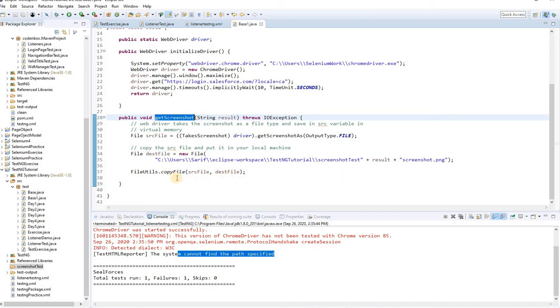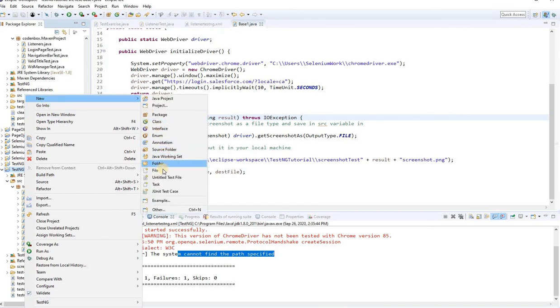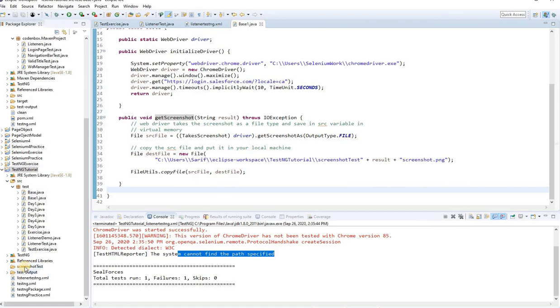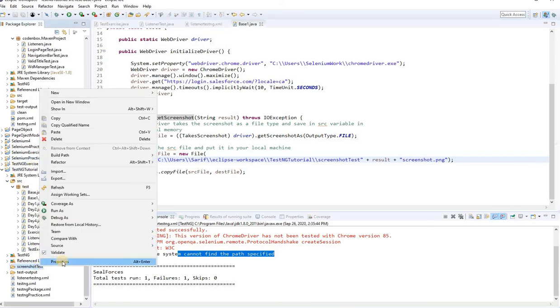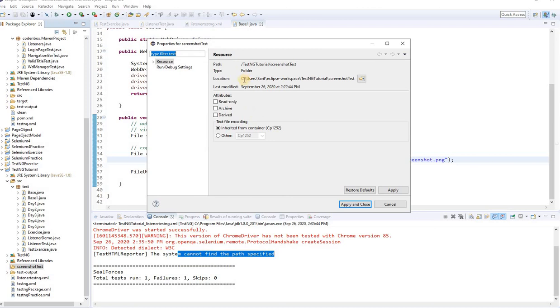So what I did, I created a folder over here. To create a folder, right click, new, and then there is a folder. So I created a folder and gave it a name, screenshot test. Sorry, it's over here, screenshot test. So I gave the folder the name screenshot test, at my project level. So let's say where this folder is located, this is the path of the folder. So get the path,